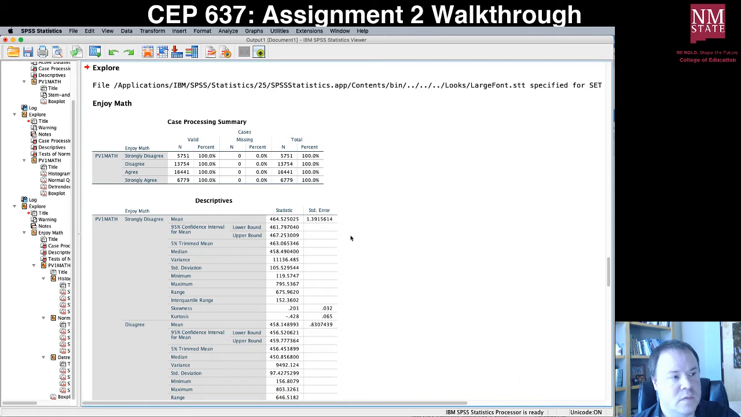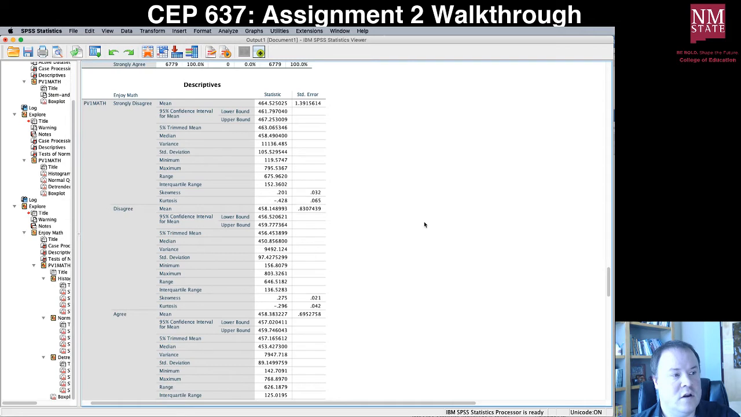Okay, nothing is missing within any of these groups, the PV1 math score, which means that it has broken this out correctly because we already knew that none of the scores were missing across the entire 65,000 students. And let's look at each different grouping variable. So students who strongly disagree. In other words, they